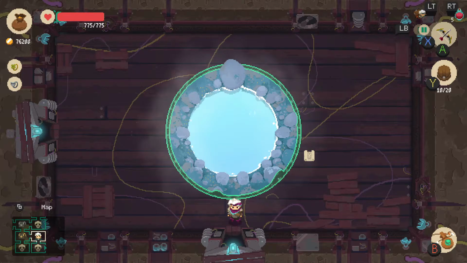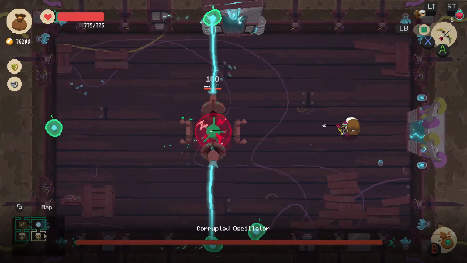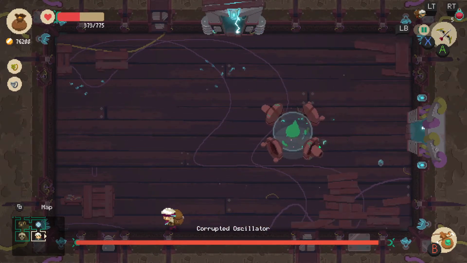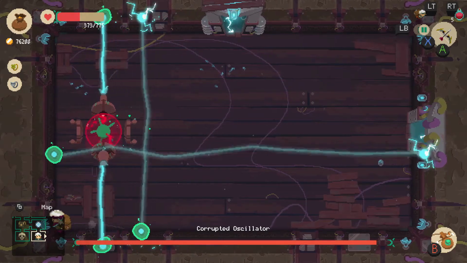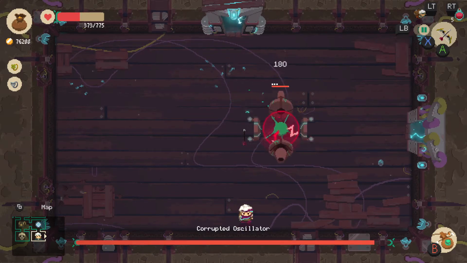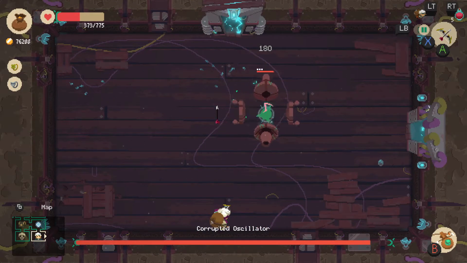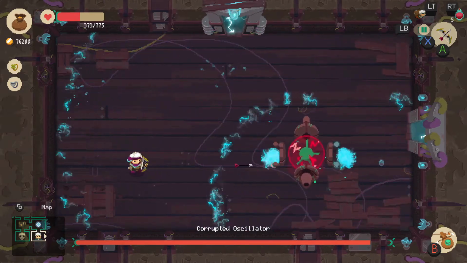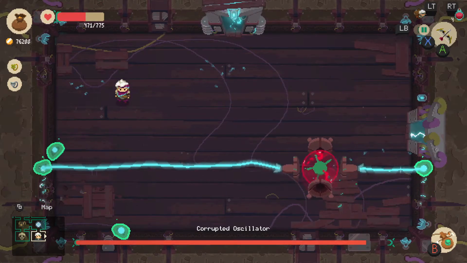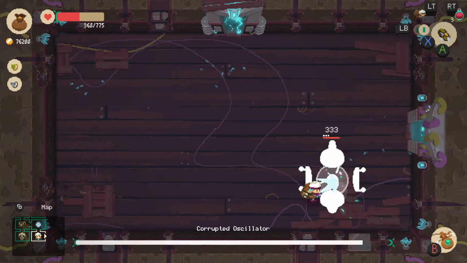Okie doke. We switched out the fire bow for the instant gratification bow. This is one of them times I think we're actually gonna die. This is dangerous. We need to focus on dodging. Holy cow. Like, the 2 hundo damage? Alright, we're just gonna...